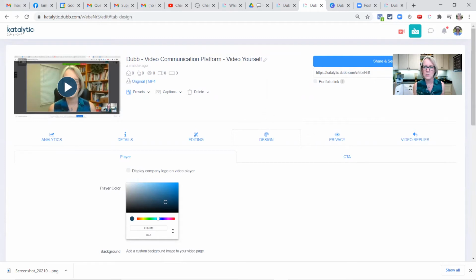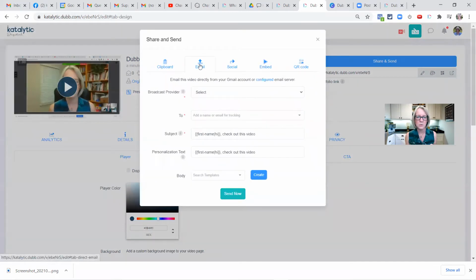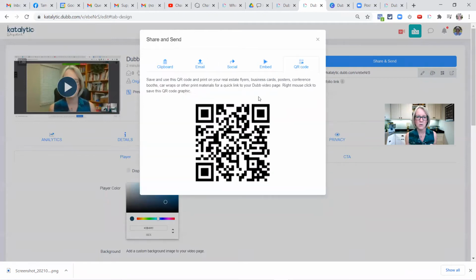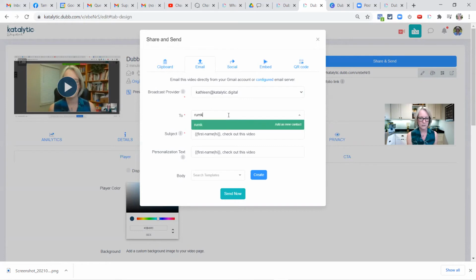So what we're going to do here is I'm going to show you share and send. You can come here to do an email. You can go here for a QR code. Let's just do it as an email. So I'm going to send it from my email to, no, I'm going to send it to myself as a test, right? And then you can say anything here. So check out this video, or hey, looking forward to connecting. And then schedule a call,